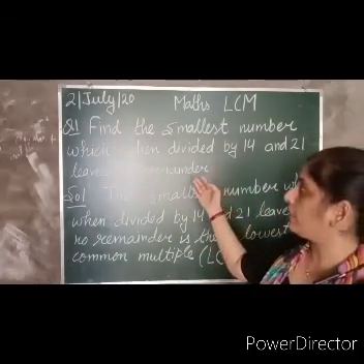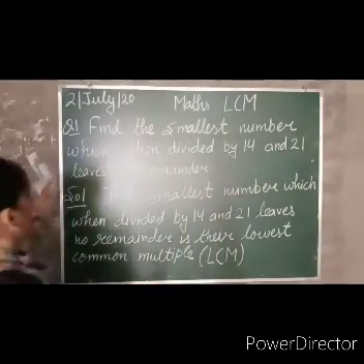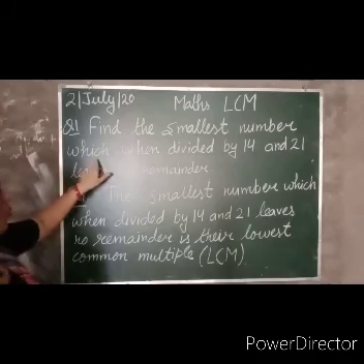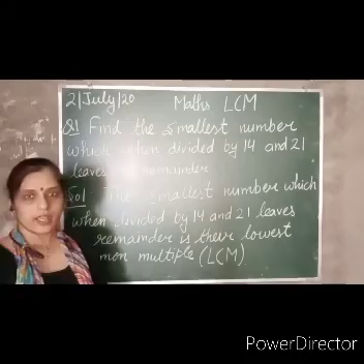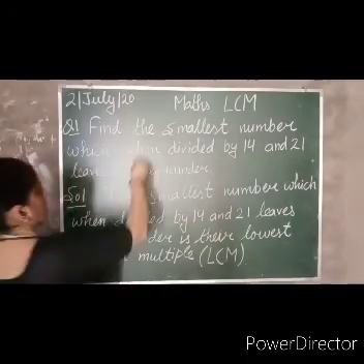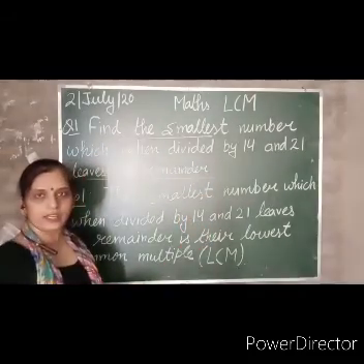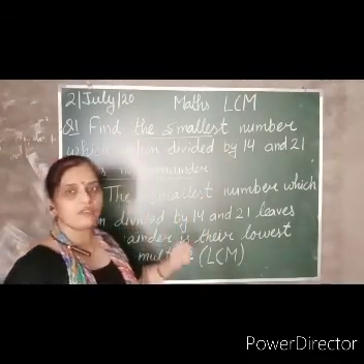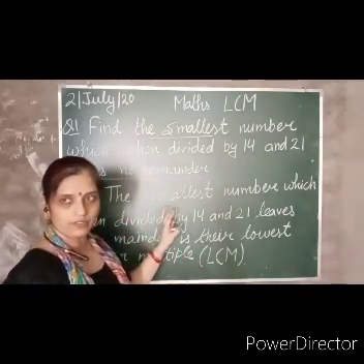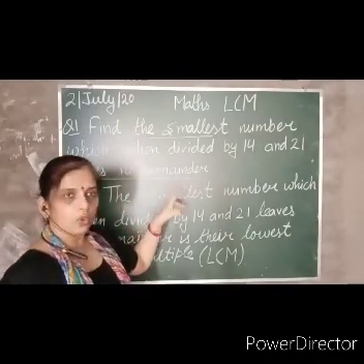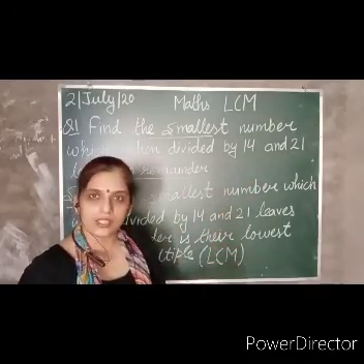As you see, I have written down one word problem on the board. So first let's read the word problem on LCM. Find the smallest number which when divided by 40 and 21 leaves no remainder. As you can see, we have to find the smallest number and leaves no remainder. Two words are here. Whenever we have to find the smallest or the lowest number, it means we have to find the LCM of the given numbers. Leaves no remainder. We know that LCM can be divided by the given numbers and there should be no remainder.